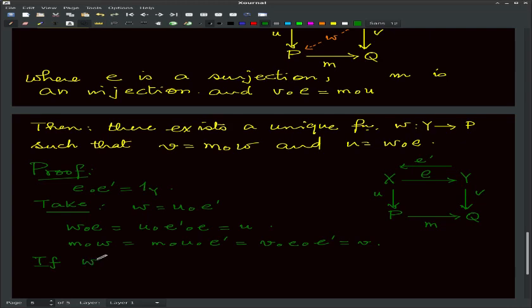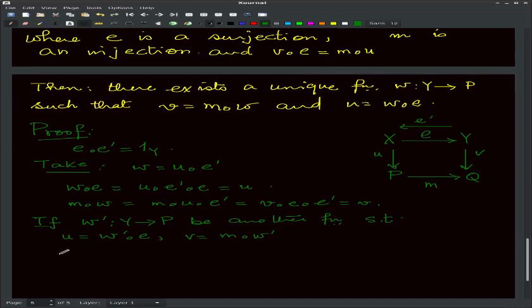So we have found out one W. If W prime from Y to P be another function such that U is also equal to W prime composed E and V is equal to M composed W prime, then taking any one of them,